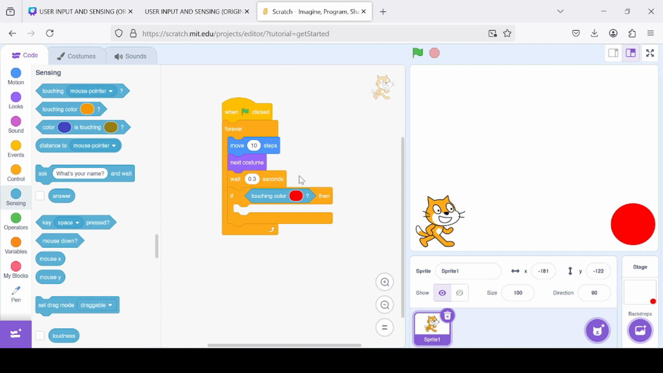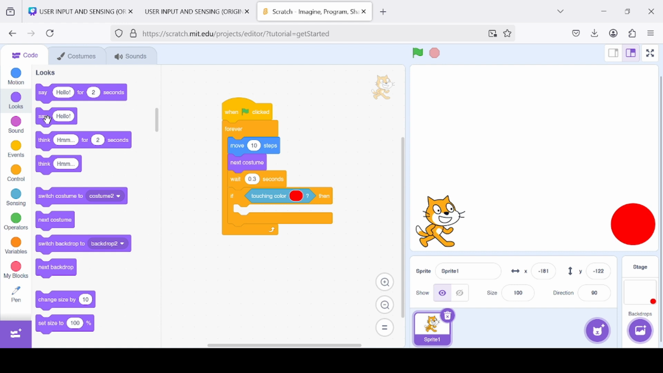Now we'll go to our looks, and we get our say hello block. We drag it and drop it right here. Now we're going to change this hello to what we want our cat to say. So let's delete the hello, and we'll type in yay. Can you see that you add your exclamation mark? Okay, yay,